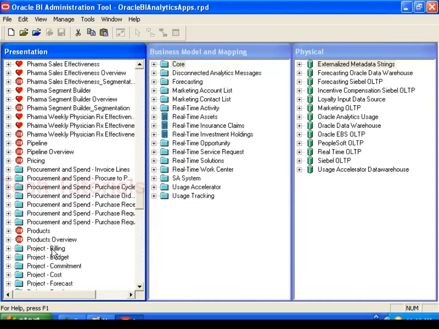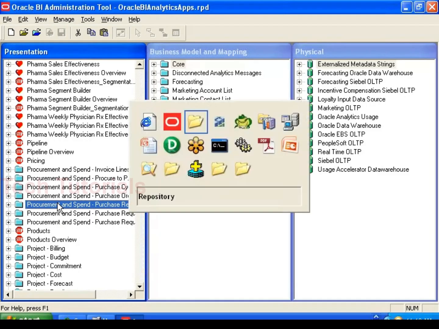Here we have this many subject areas or presentation catalogs because I installed all the OBIEE applications. All applications I installed. That is the reason this looks very big. Okay. With the OBIEE